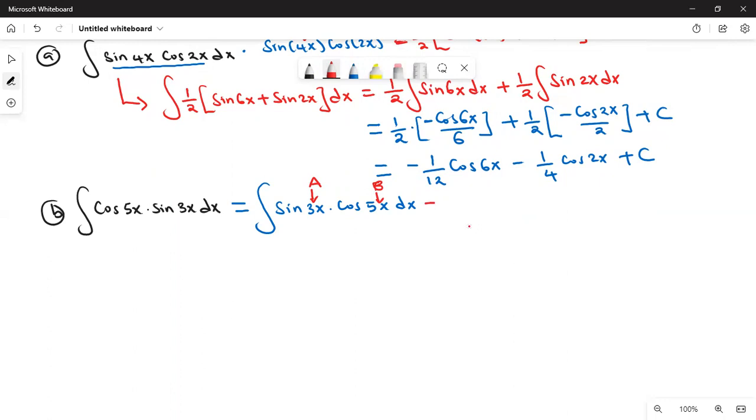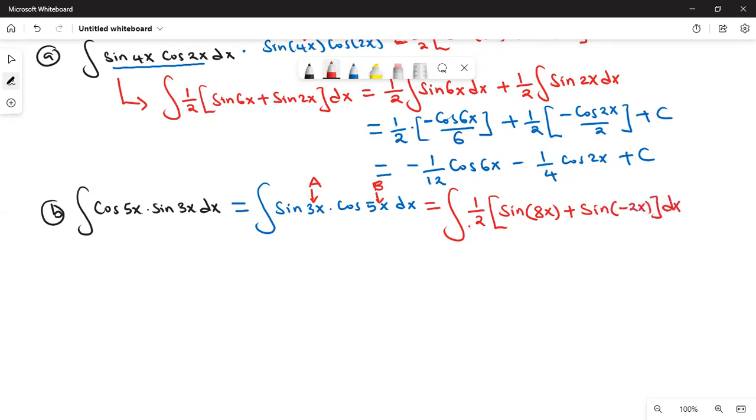So this will be equal to the integral of 1/2 times sine, add them, 3x plus 5x, that will give us 8x. Plus, now A minus B, 3x minus 5x, so it is sine of 3x minus 5x, that will give us negative 2x